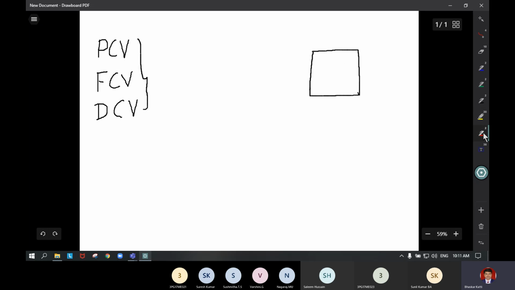Then the ports. How many ports are there in a control valve? All the ports have to be represented as vertical lines outside the square boxes in proper positions. So that means short vertical lines outside the square box represent the ports. Then inside the valve body, how is the flow path direction?